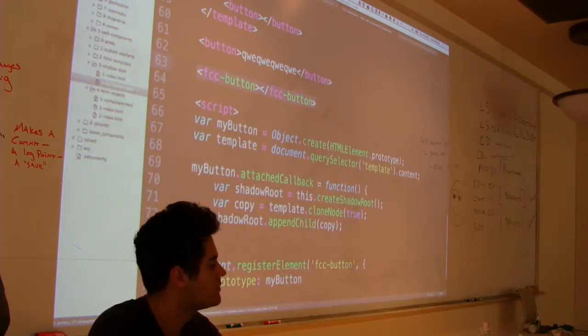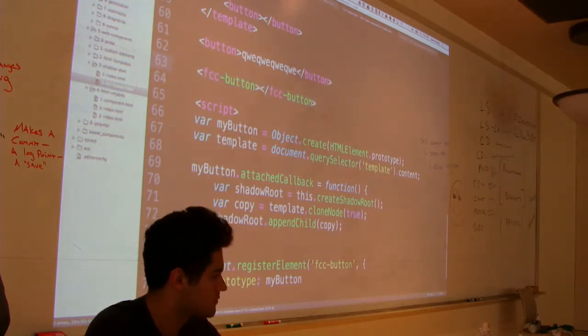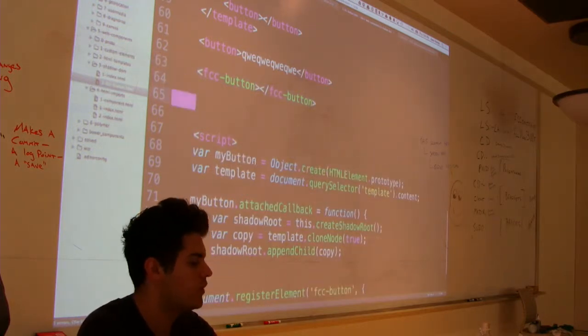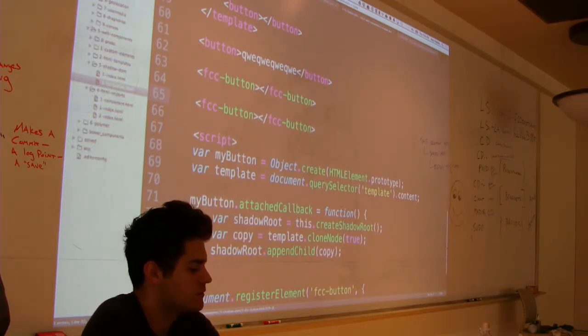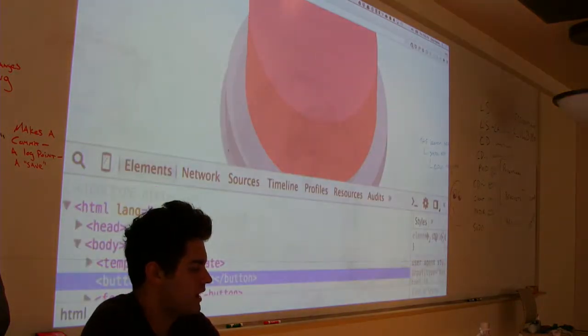Oh, so you mean like we're gonna reuse it, and when we reuse it, it'll appear. Exactly. If we have two like this one, we're going to have two buttons like that. And we have, you can see